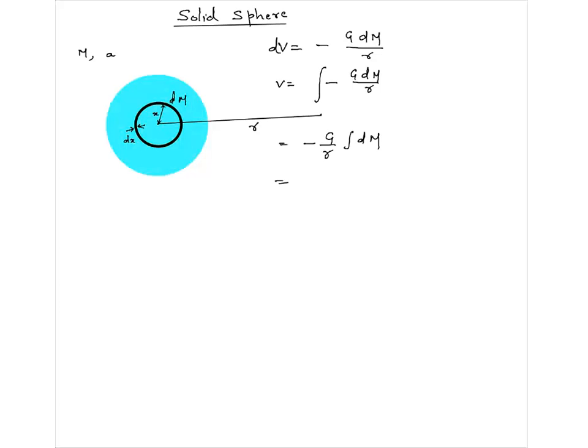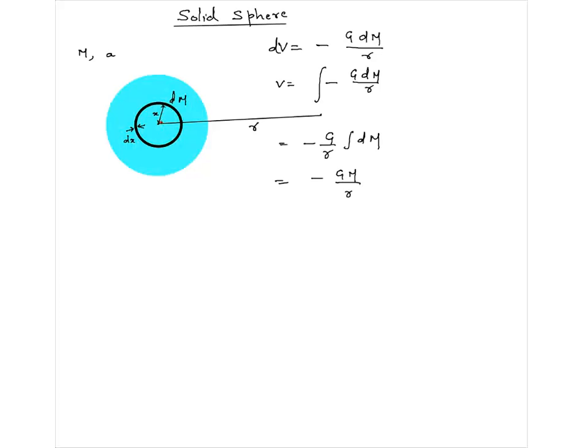An integral of dm would be M. So the result looks similar to the result of a spherical shell. It's just like saying that keep a point mass having the same mass, capital M. For an external point, if you want to find the potential, replace the solid uniform sphere by a